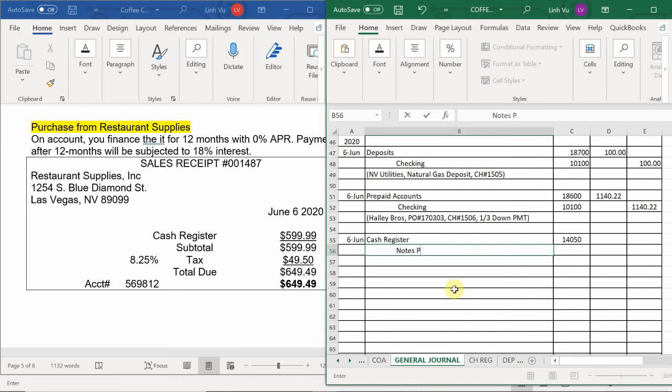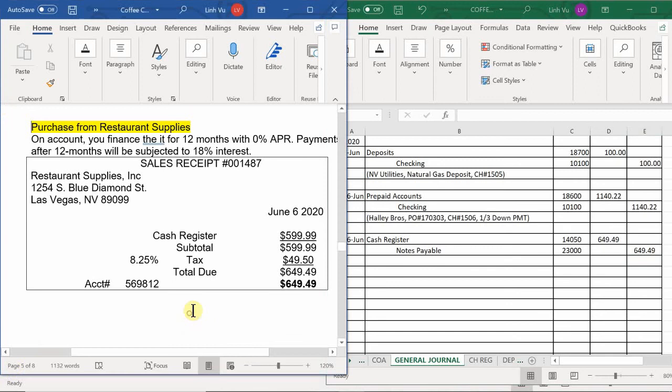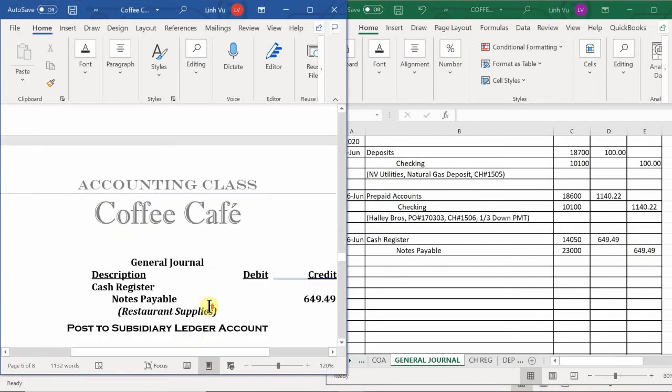It is 23,000. Now, in grand total, how much was my cash register? 649.49. Okay, so this one, for the previous one we had 2 items where we had to split the tax. In this case, the tax is already for this one item. So it makes it easier for us to recognize how much my historical cost, the actual cost of the asset, is. It is for a total of